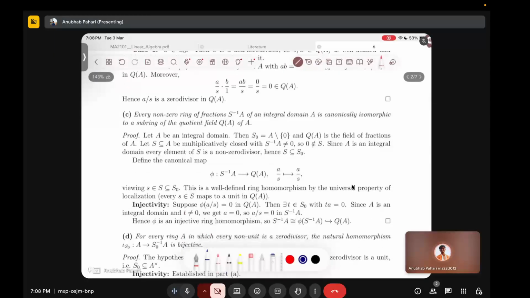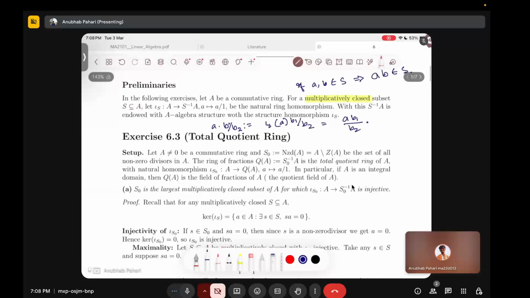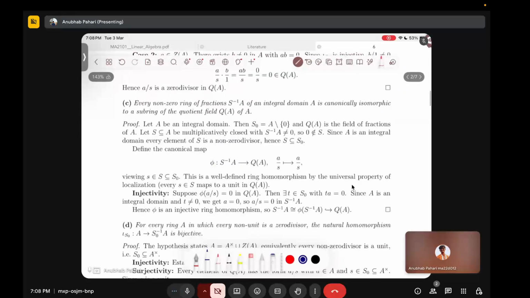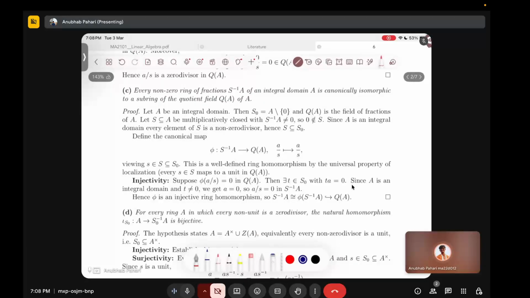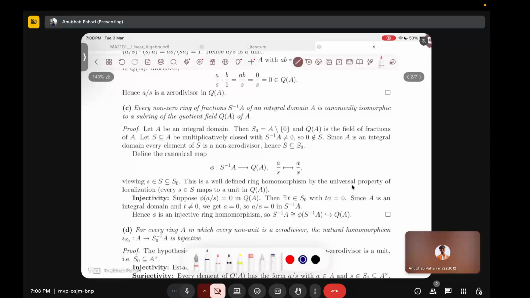Now every non-zero ring of fractions S inverse A of an integral domain A is canonically isomorphic to a subring of the quotient field Q(A) of A. So what we have to show is that there would be an injective map from S inverse A to Q(A). But this follows, right? Because S0 is the largest multiplicatively closed set, so any multiplicatively closed subset is contained in this. Therefore, S inverse A would simply be injective into S0 inverse A,